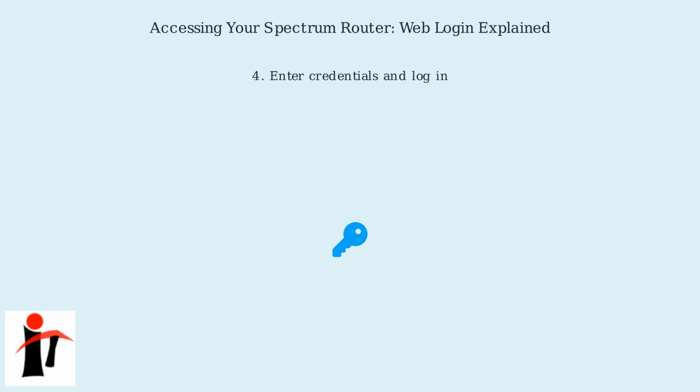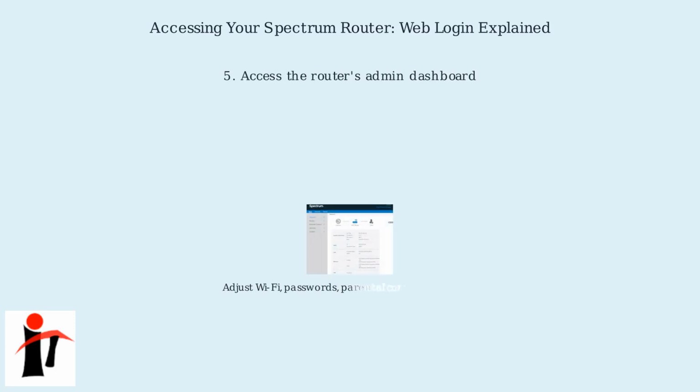Enter the username and password from the sticker into the login fields on the web page. Then click the Login button to access your router's admin interface. Once logged in, you'll reach the router's admin dashboard. Here, you can change settings like your Wi-Fi network name and password, set up parental controls, and manage other network